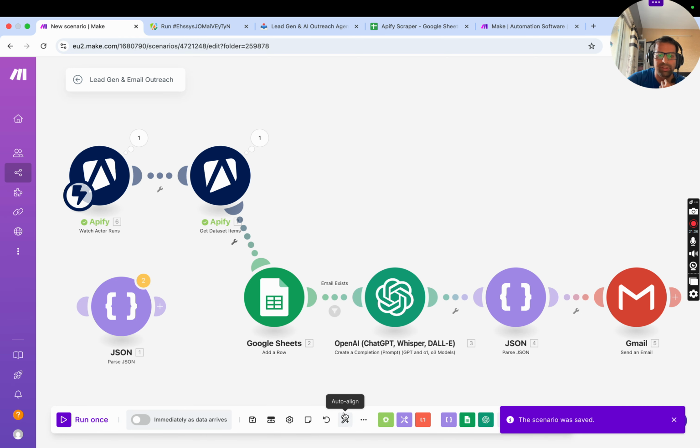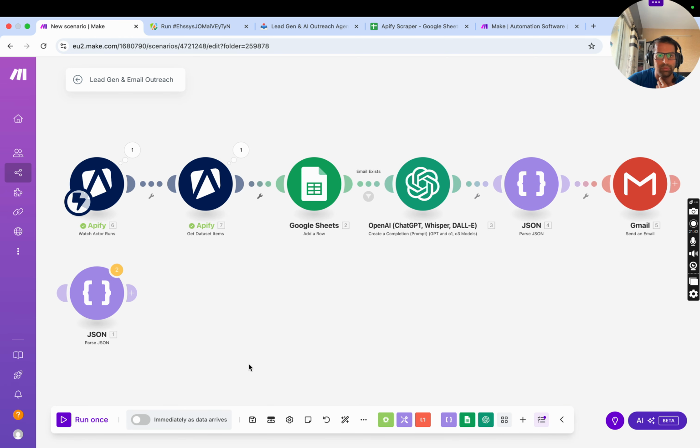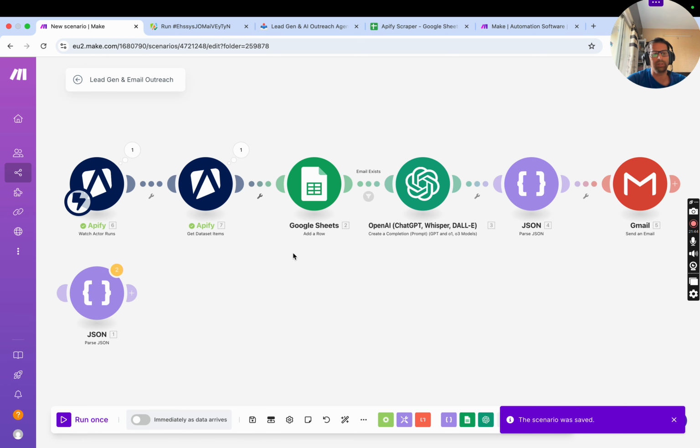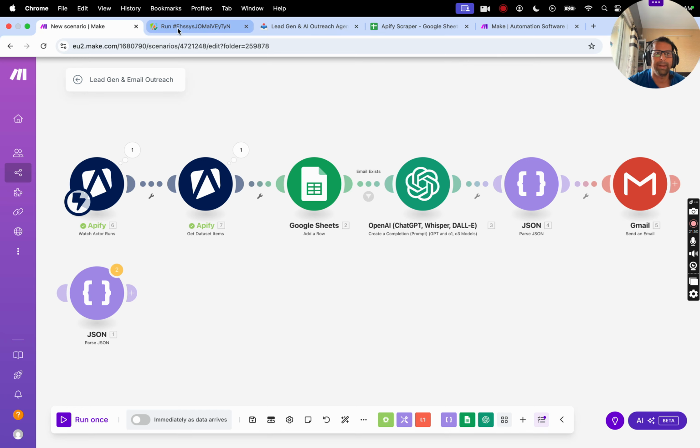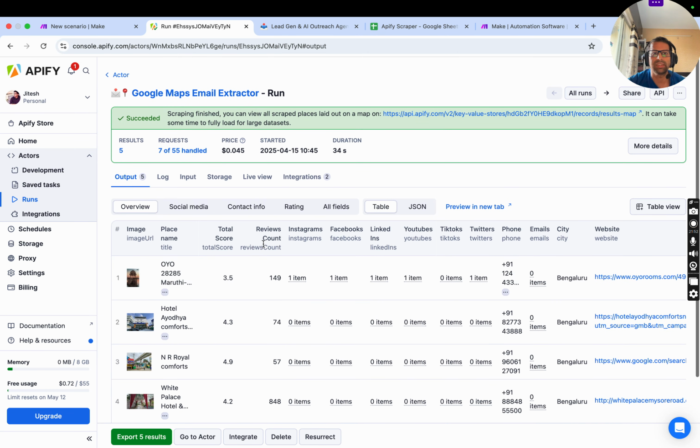You have saved it. There is a way to auto align it, so that'll go ahead and structure this properly. So we will click on auto align, so it's more readable now, and our scenario is now ready to go. All that you need to do now is simply run actors here to extract like